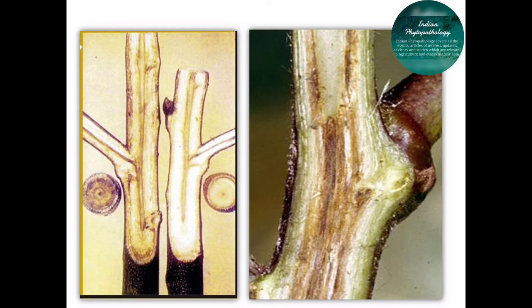The plants affected later in the season are stunted with fewer bolls, which are very small and open prematurely. So these are the yield contributing characters of cotton, and the disease affects all the bolls directly, and the bolls open prematurely or may be shrunken due to the infection of this Fusarium oxysporum.